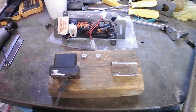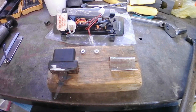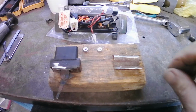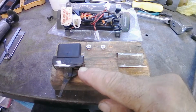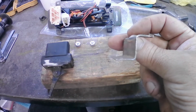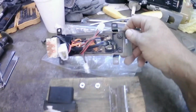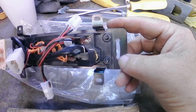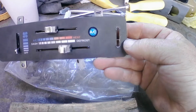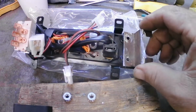Okay, I've got all my pieces made and my holes and slots cut, and I've mocked everything up and it all fits real nice. So I just wanted to show you what I did before I weld this to the switch here. Here's my bracket that I made, just a simple Z bracket. I got my 2 holes here to mount to my control head, and as you can see I put a slot in the control head, and that's what it looks like from the front side, and that's where the switch will come through. So the bracket will just slip onto the